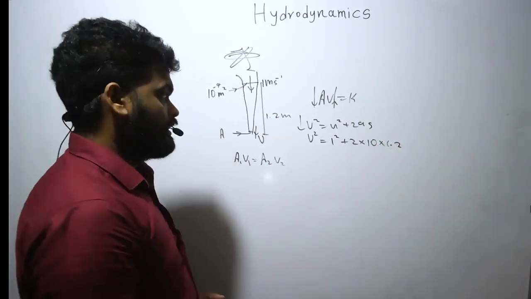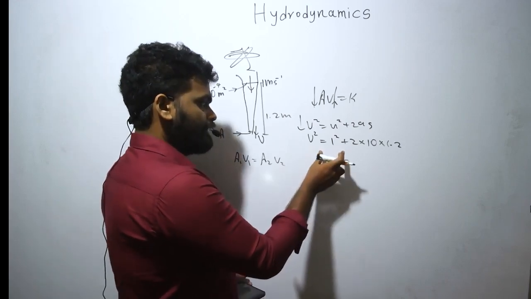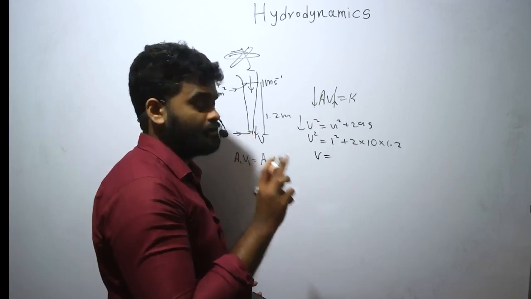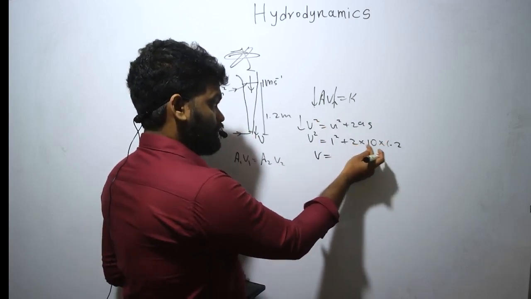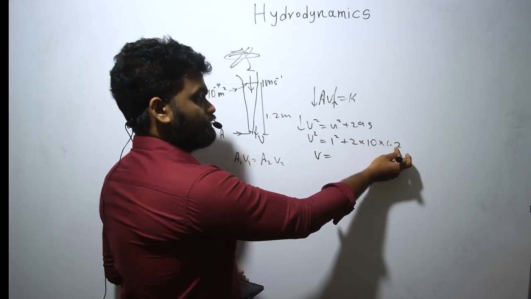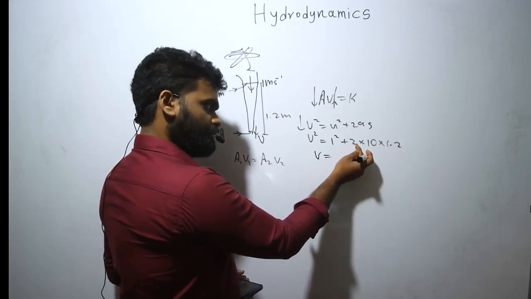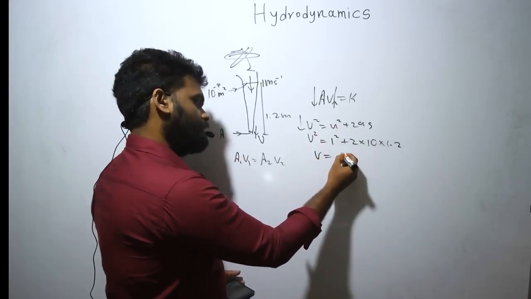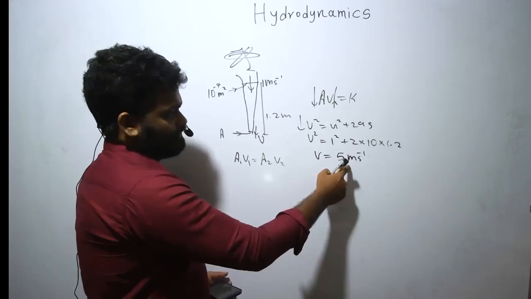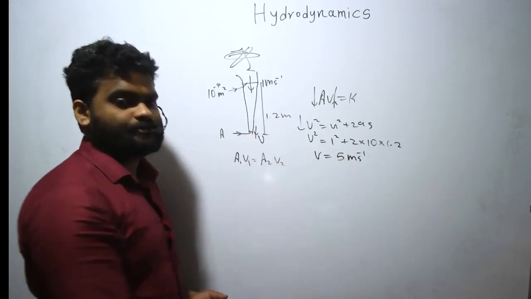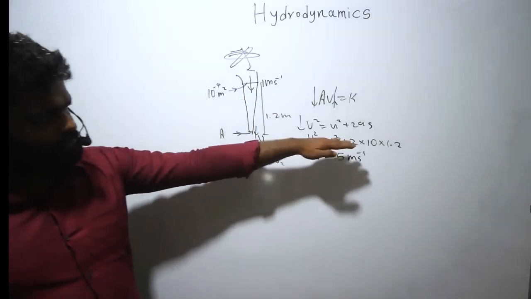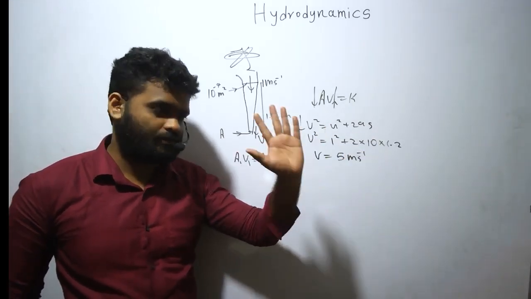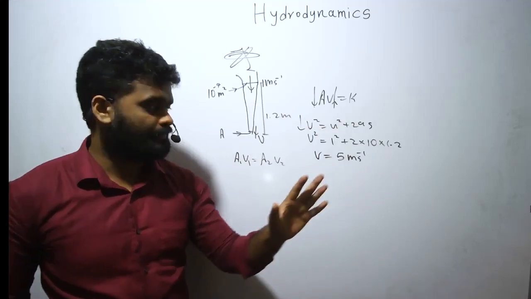Okay. So after this, you need to write the value of V. Don't go for another step, like in O-level times, right? This is how you do it. 10 times 1.2, 12. 12 times 2 is 24. 24 plus 1, 25. Then you need to take the root. 25 root means 5, right? Okay, so the velocity here is 5 meters per second. You need to avoid writing too many steps when you are doing calculations, okay? Otherwise, the time will not be enough,